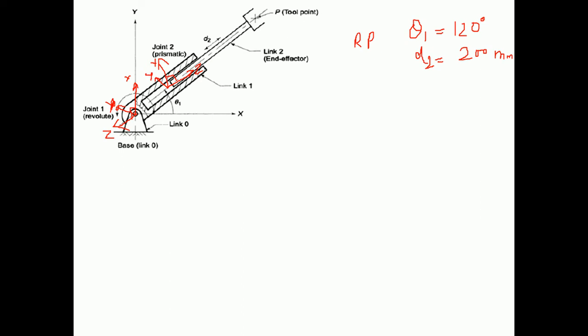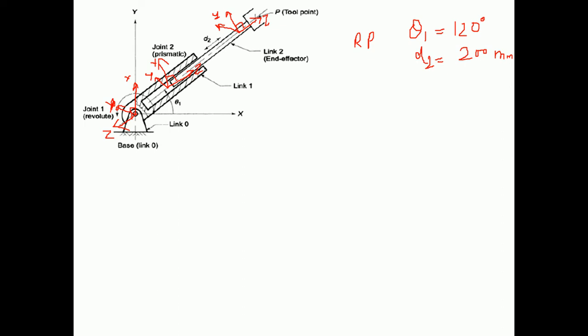Another thing is finding the frame at the joint between link 2 and the end effector, which should be the same as the last frame we created with respect to the end effector. So in a similar manner, this z axis is going to be created over here. The x axis must be perpendicular to z, and the y axis is going to be created in such a manner. So in such a manner, we can create the principal axis frames on these joints.